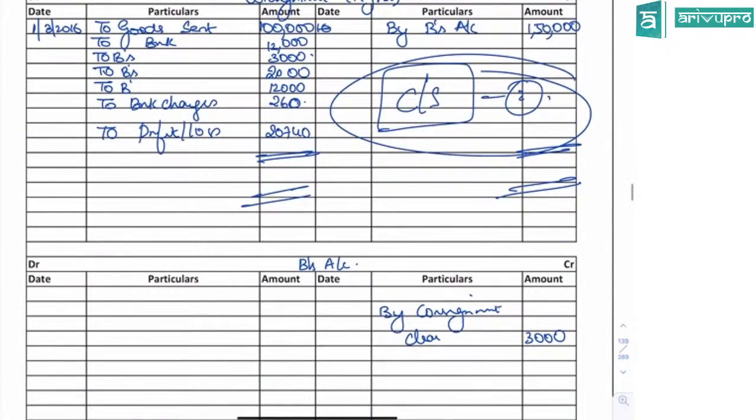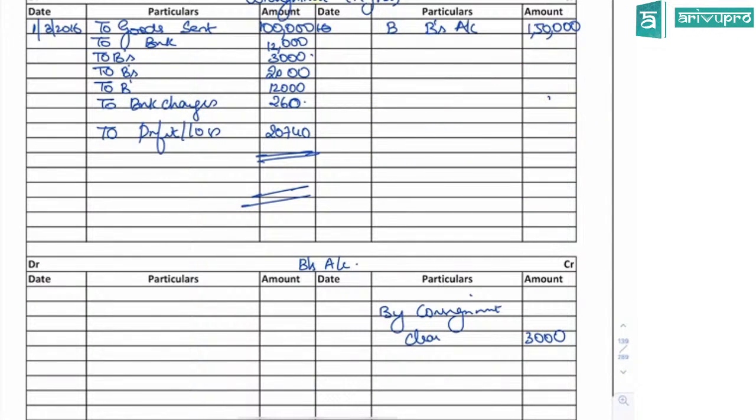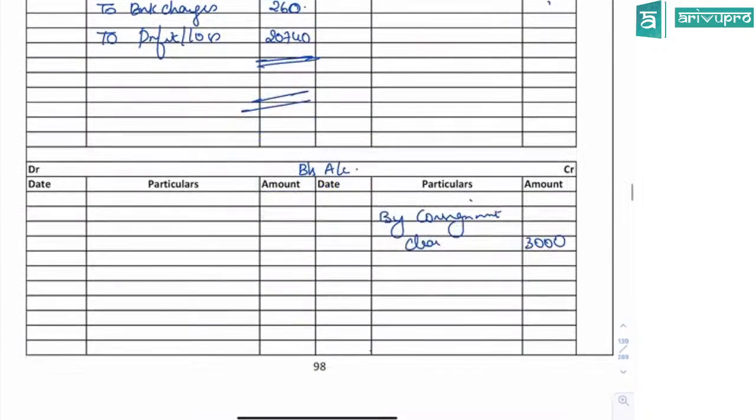Guys, now everyone do B's book. See, wherever B is, I'll bring down here. By clearance expense, by selling expense, by commission 12,000. He has to pay to consignment 1,50,000. So the shortage